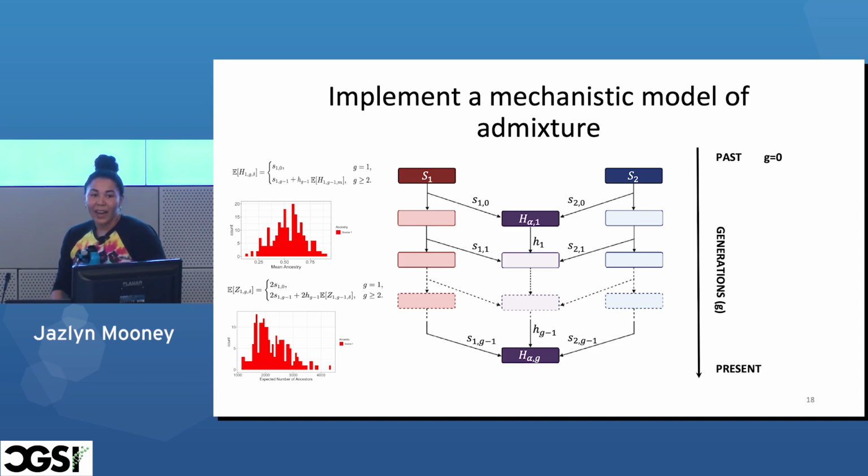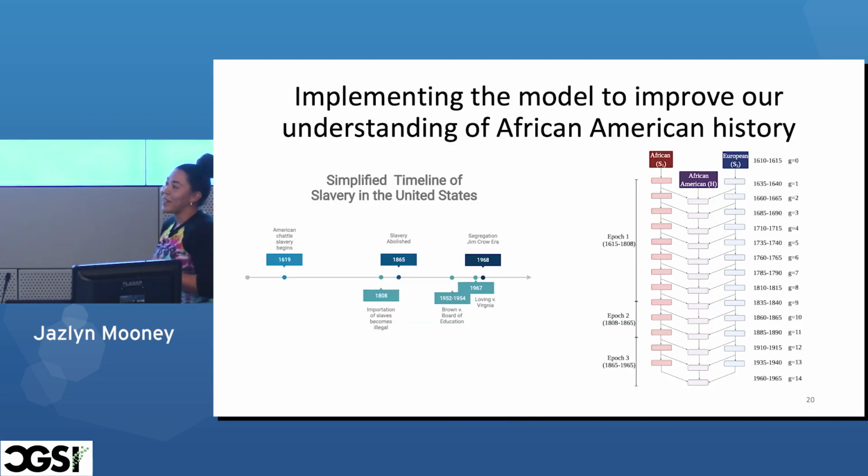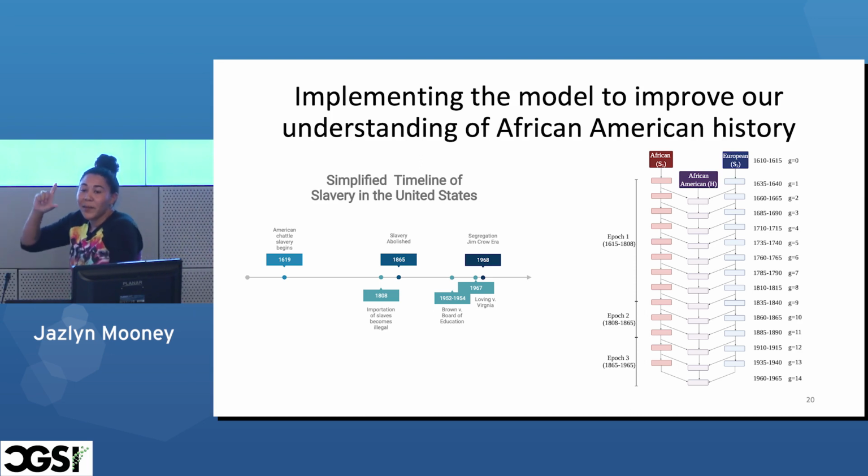So now we have our full model, and we can now ask our question. What can we learn about African American population history just using global ancestry information? So like I said before, I didn't want to give you useless information in any way, shape, or form. This information is very relevant not only for US history and just us to know in general, but also for our model. So here I'm showing a diagram of our model, and we basically are simulating population history that's split